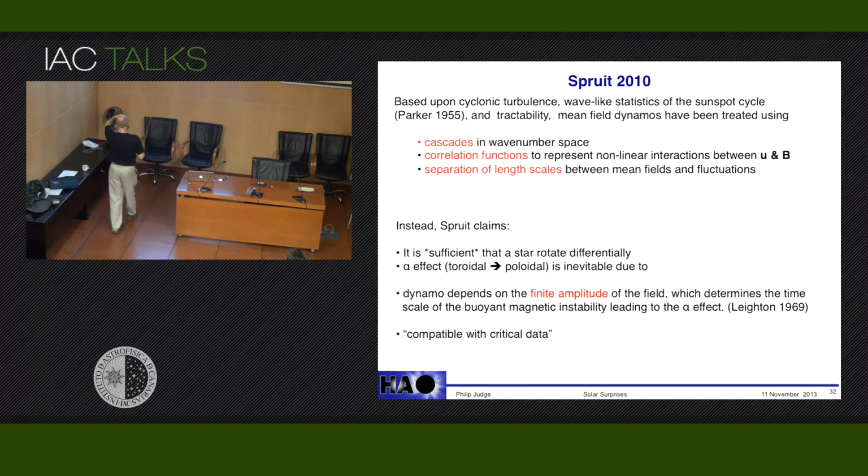So what does this mean? He's saying that in the mean field dynamo theory, we have basically these concepts. You're looking at the detailed dynamics on separation of scales, you're looking at correlations, and you're looking at helicity to do the job for you on these very small scales in generating an oscillating dynamo using an alpha and omega effect. So I think we've understood pretty well what the sun is doing there. So instead, Spruit claims that